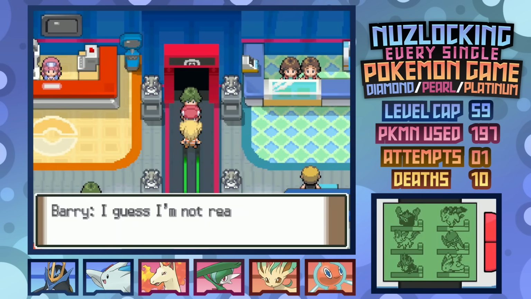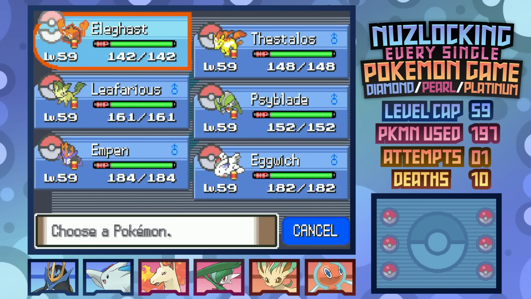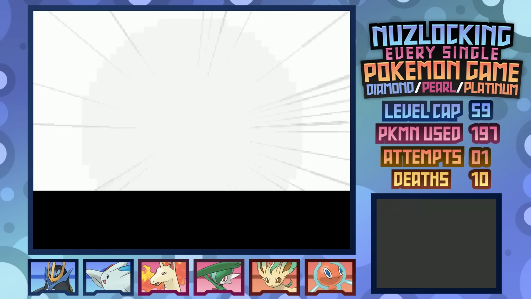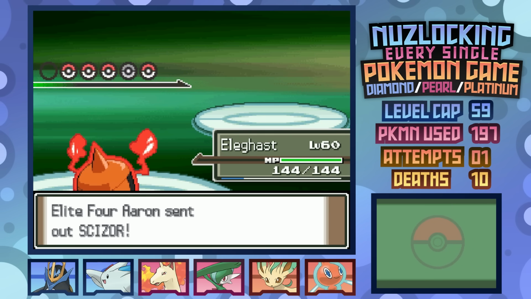Finally, one more league to go. Do you think we can get through this without losing Pokemon? I sure hope so. Fantina already costs us way too much. First of 5 here is Aaron, who starts easily with Yanmega, going down to Rotom's Thunderbolt, as does Scizor to